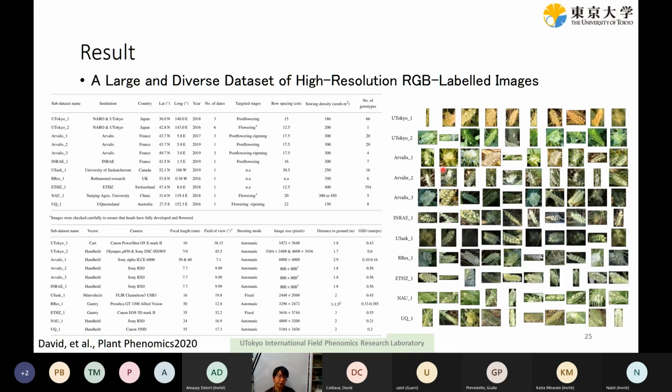This is actually the first data set labeled for the wheat tasks. It provides various environments and varieties from 7 different countries, and it provides more than 190,000 labeled targets